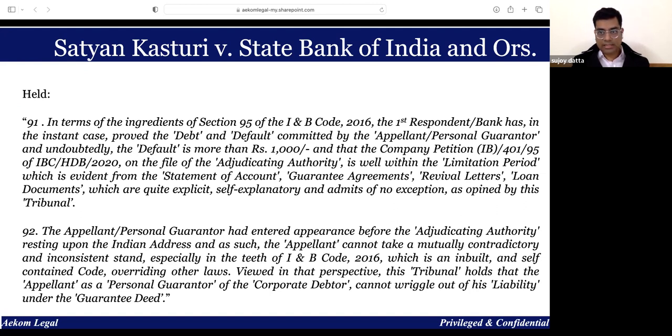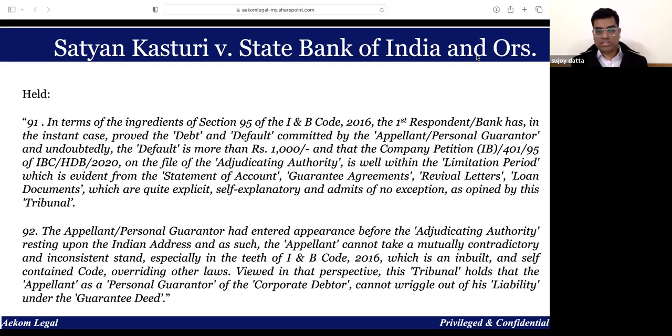It was held that the respondent bank in this case has proved the debt and default. The default is more than the minimum amount required. And the debt is well within the limitation period. So hence, if the critical elements as required under the law are all met, then such a ground cannot be taken. The personal guarantor has entered appearance before the AA, resting upon the Indian address, and as such, the appellant cannot take a contradictory stand